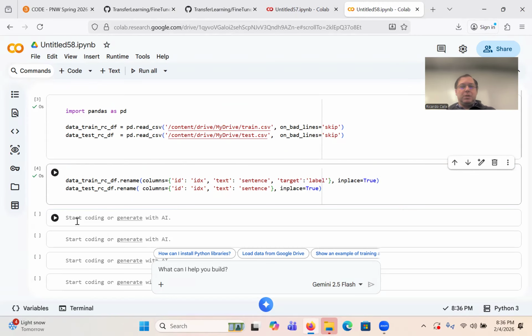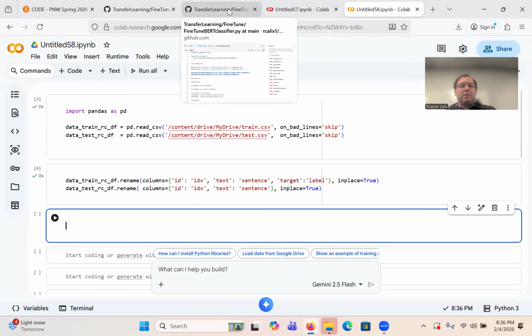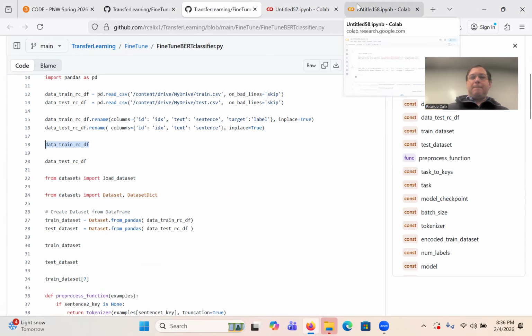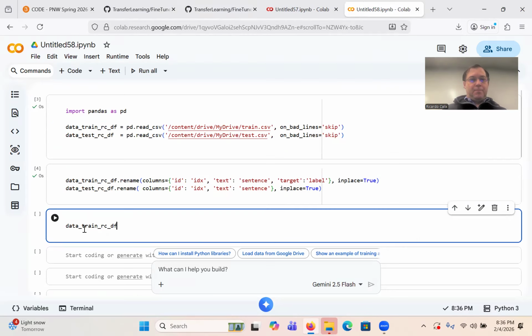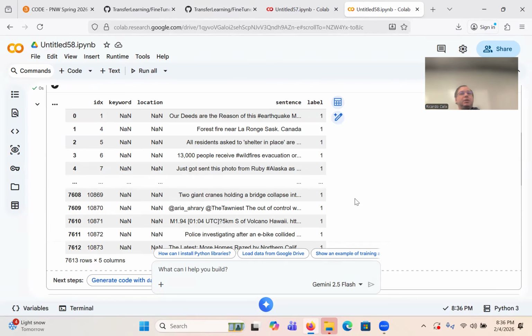Okay. Right, so that should be done now. We can take a look at the data frames with the data, essentially. And there it is, right? So you have your sentence, your label, and this is the format that Hugging Face expects. Then we're going to bring in this data and get it ready to process for the fine-tuning process of this classifier.